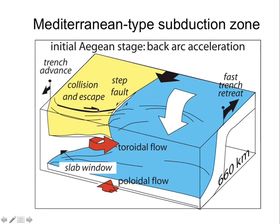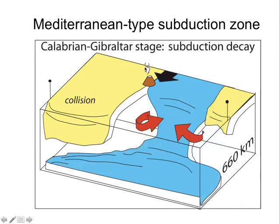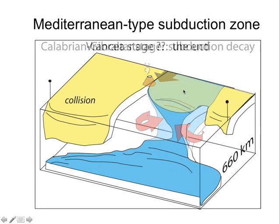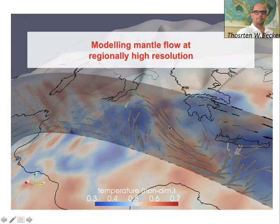So you arrive at the Aegean stage, the present-day Aegean stage, where you have toroidal motion. This is some of the continental plate on the side, and you can have volcanism here. Then when this is activated very fast, you arrive at a Calabrian-Gibraltar stage, where you're still having a little bit of subduction confined in this narrow arc. And then you arrive at the end, which is a Balearic stage, probably, where the slab is very, very small, and basically it is the end of subduction. So all those reconstructions provide us a very nice illustration of how the evolution of the slab can be imagined. But we don't really have